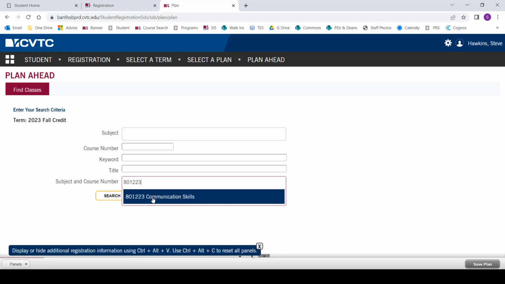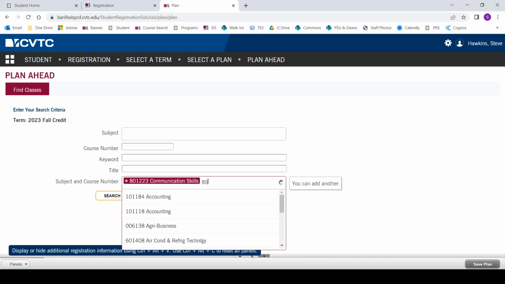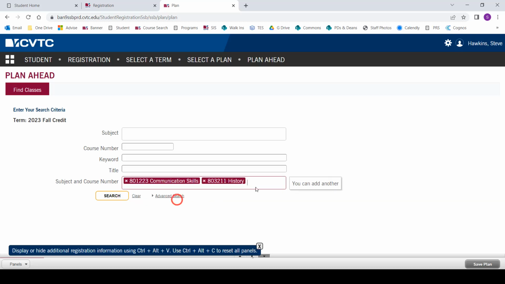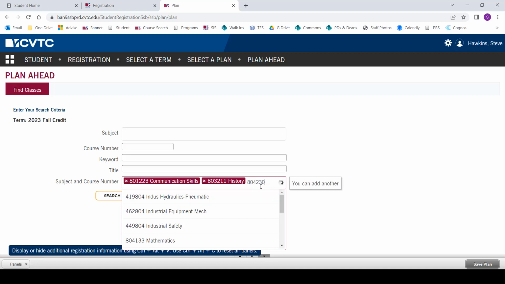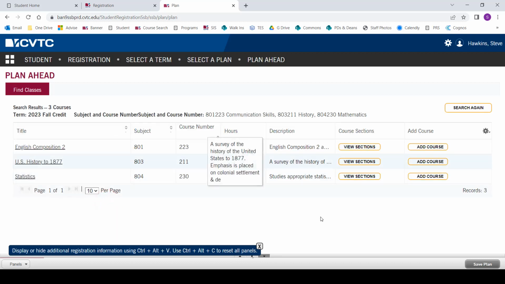and you would type in that subject and course number without a dash. So usually there's a dash in there, but you would not use that in this case. And the name of the class is not going to be showing up in here. It would be the department that it's under, so that's why it says Communication Skills. Let's say I also want to take U.S. History to 1877, so I type in 803 211, and again, history is going to be showing up. And then the third class I want to take is statistics, so I'm going to type in 804 230, and that should just say mathematics. So once you do that, you can click on search,